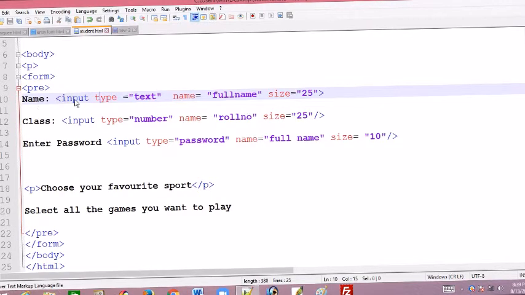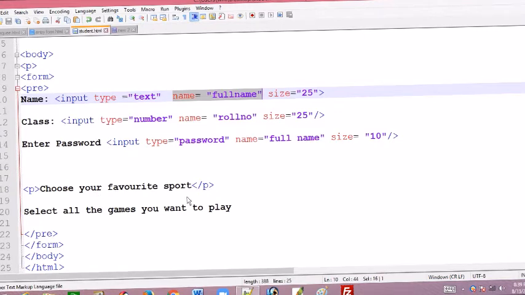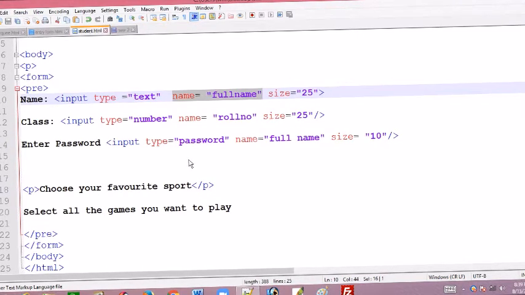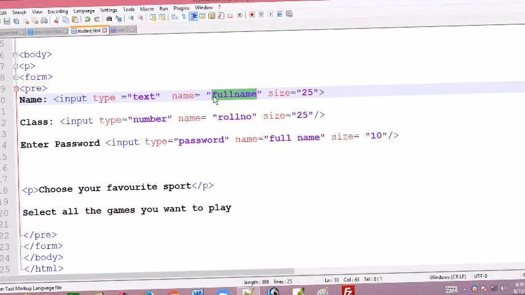Type is text, and then name equal to full name. When we submit our form, the data is stored somewhere, for example in an Excel sheet. Then the title of that particular field is full name.